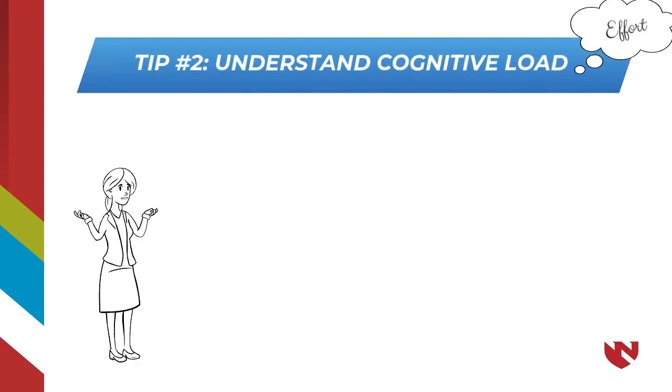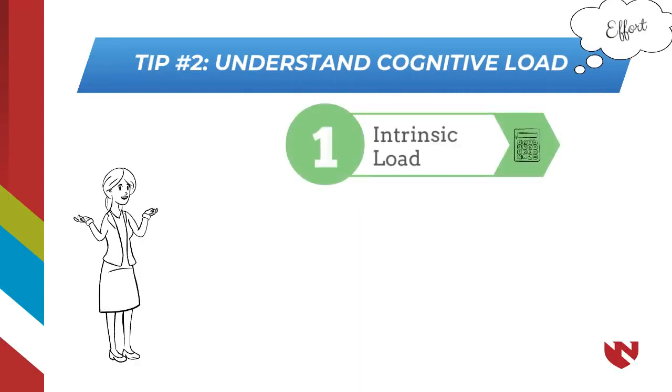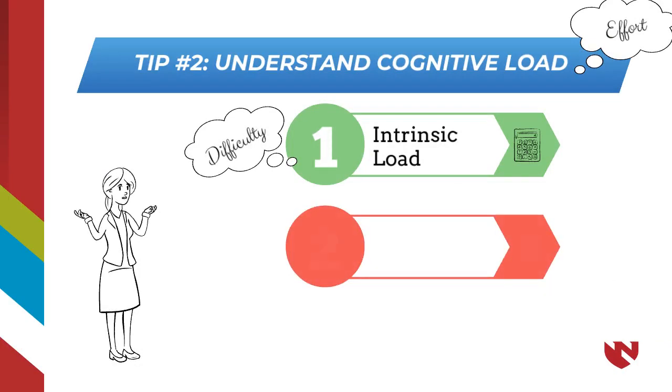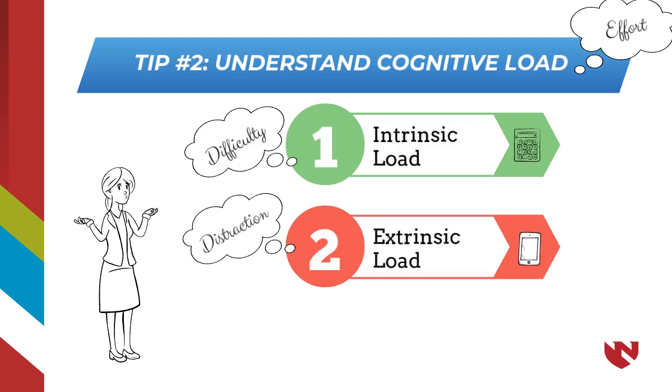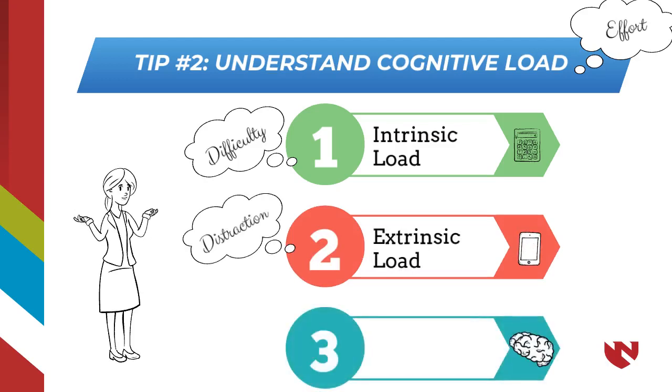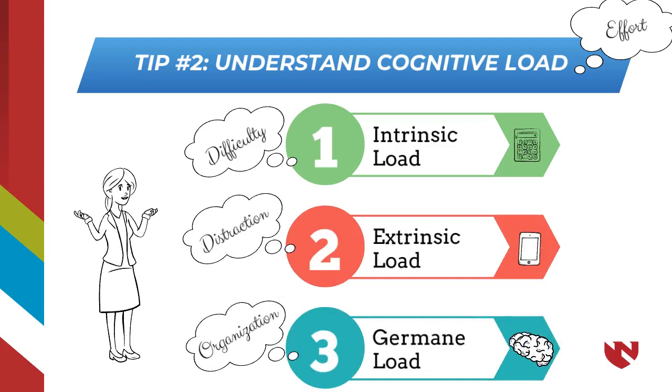Tip number 2, understand cognitive load, or the effort required to learn. There are 3 types of cognitive load. Intrinsic load is the difficulty of the information. Extrinsic load includes distractors, and germane load is the effort needed to process and organize the new information to store